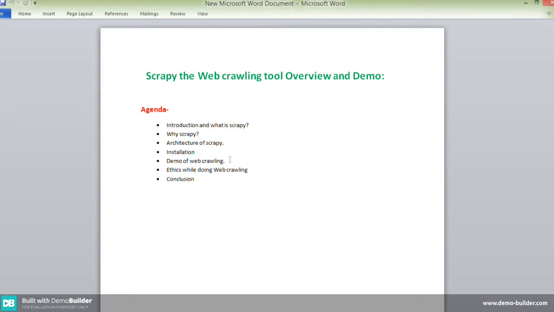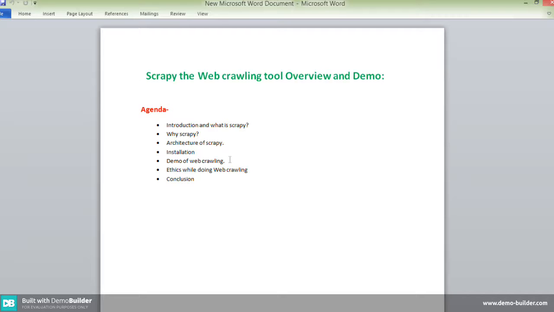We just now finished the installation of Scrapy. Make sure that your Scrapy is completely installed. For that, go to command prompt, type scrapy and hit enter. If it's installed, it will show the commands available in Scrapy as I showed, and if it's not installed, we need to reinstall it again.